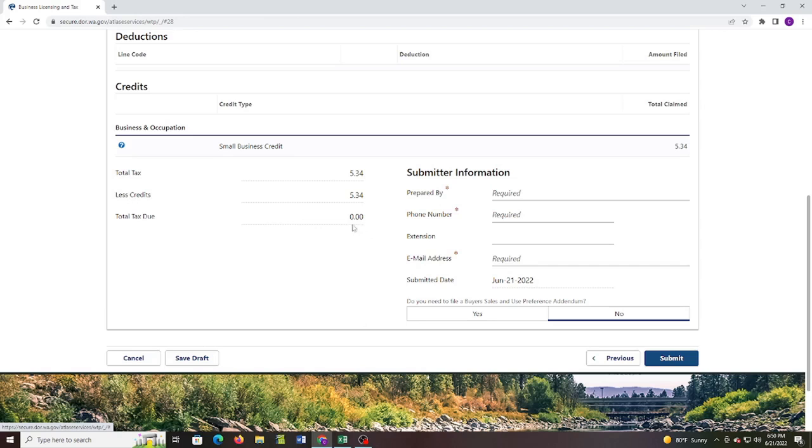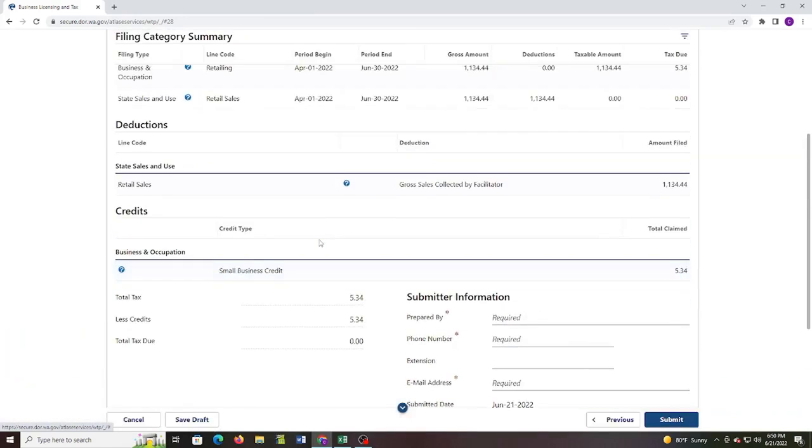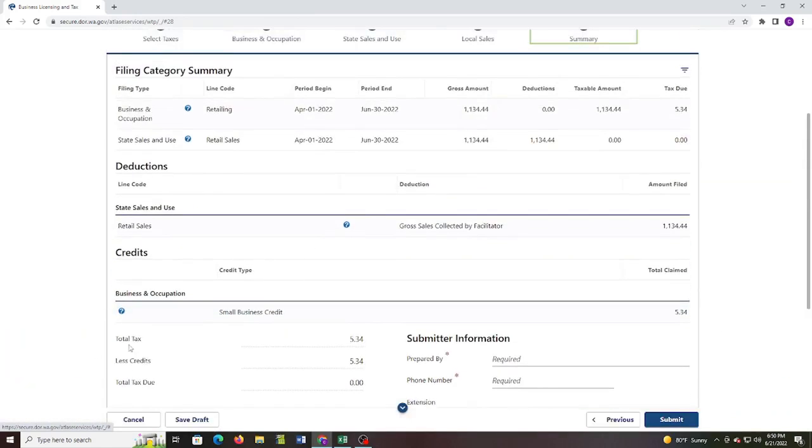And again, look, total tax due, 0, 0. I will pay nothing for all of this because the total tax for this B&O was $534, but then you get a credit for it, so total due. So I will pay nothing to file this today. It's not hard. You just have to put things in the right spot,